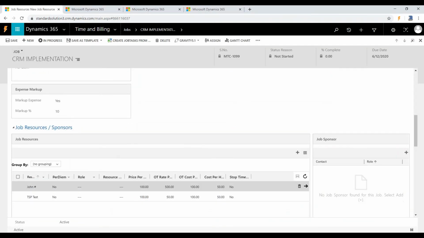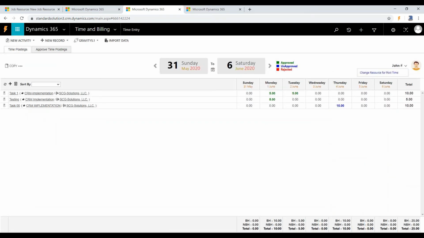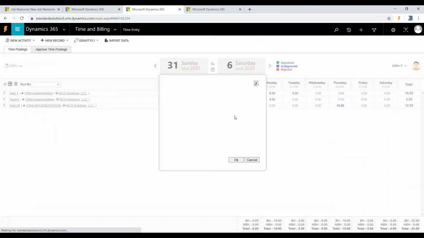Second scenario. Assume that 20% of the job is completed. The user wishes to change the price per hour value of a resource, say from $100 to $120. Then the user will update it in the grid under the price per hour field in billing type on the job form. And when the resource does the time posting after changing the price per hour value, say 5 hours a day,